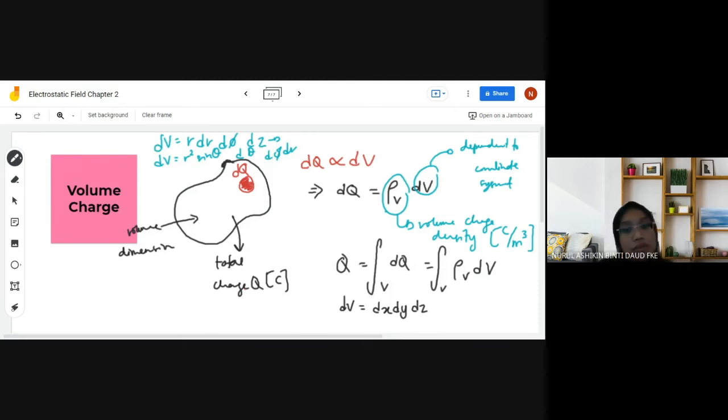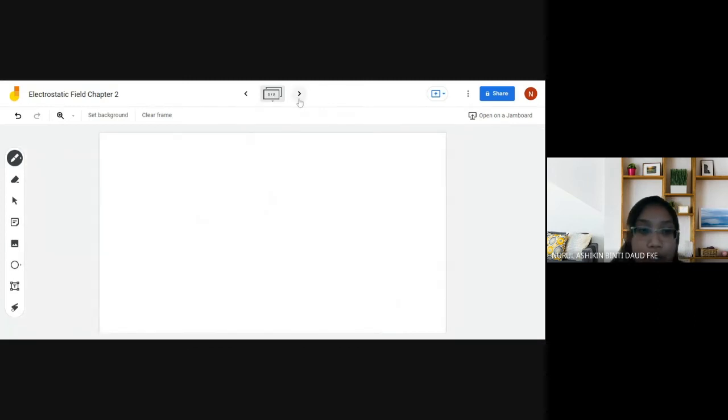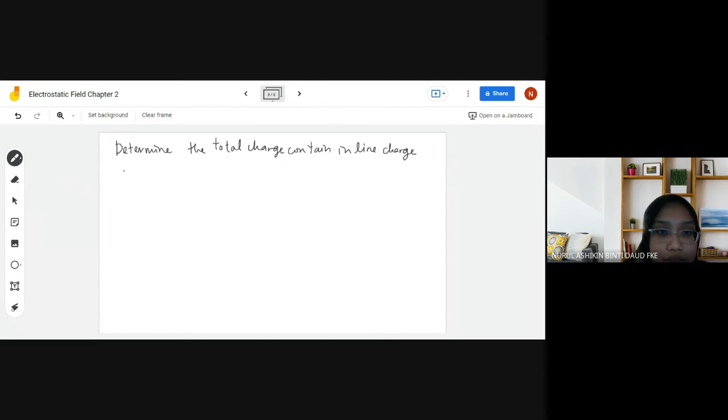I hope up until here you are clear with the concept of the electrostatic field. So these are the concepts. Let's look at an example, one of the problems. For example, we have a problem here. You need to determine the total charge contained in a line charge distribution